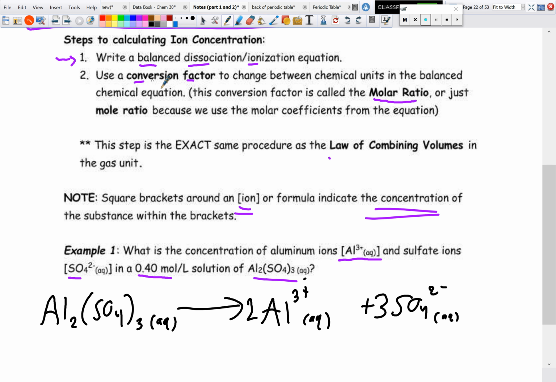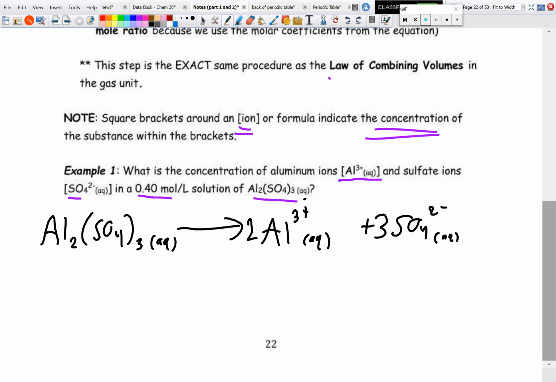Second step, use the conversion factor to change between chemical units, or change between concentration units. So what we have right here is 0.40 moles per liter. Now this is only going to work for concentrations. If we're given a mass, we're going to need to find concentration first. And that's why it's concentration of ions. So our given, we have